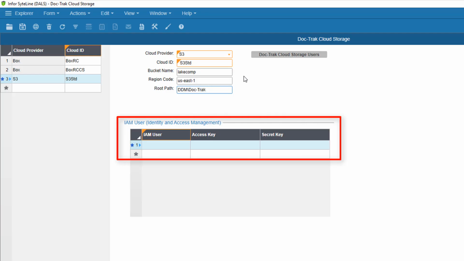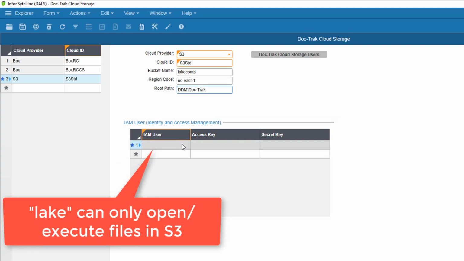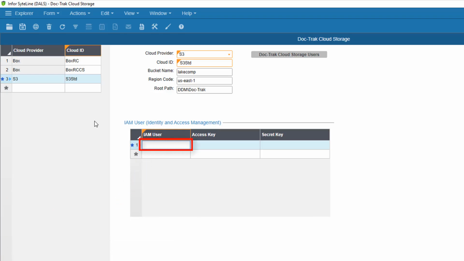Next, in the grid below, I'll configure each of the IAM users we've set up. The user named Lake can only open and execute the files. I'll enter the IAM username here, copy and paste the access key here, and do the same for the secret key.